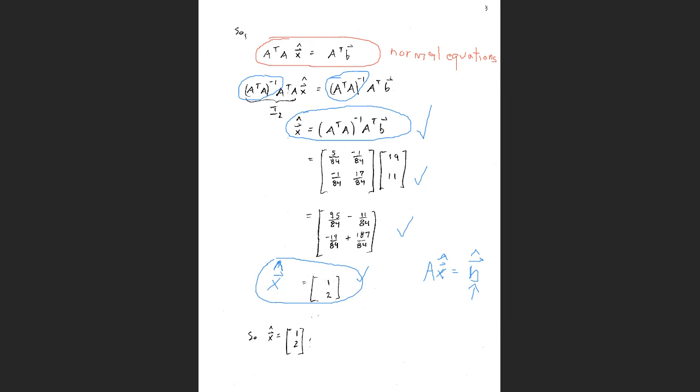I'm going to have to compute A times x hat. The least squares error is found as follows. I compute A times x hat,